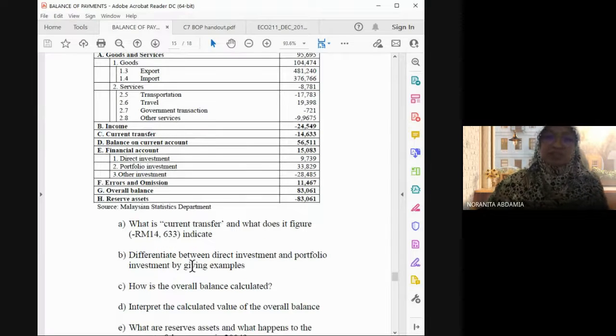Right, kalau macam differentiates between the direct investment and the portfolio investment, alah, senang je. Direct investment, as you know, which is apa? Physical. Portfolio is not physical, but we do not intervene in the management of that company that we buy the share or equity kan. So you just can give, but can you answer if you do not understand what's actually the meaning for each item and each account in this BOP?